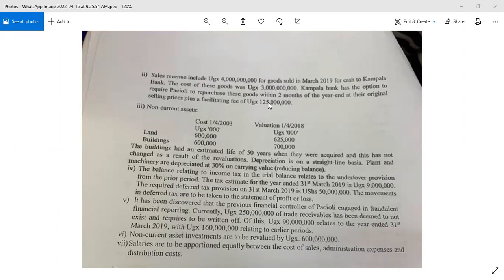Then this facilitation fee, we're saying that since it is possible you're going to incur it, you make a provision for it. The provision is you're just trying to safeguard just in case it happens. It shouldn't be abrupt. So therefore you create a provision. Hence, you create a liability of 125 and recognize an expense of 125. That's what we are seeing in our